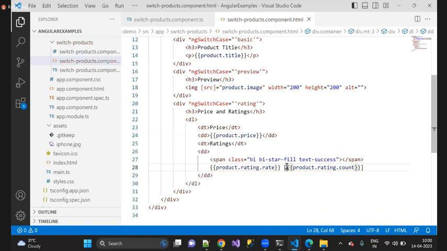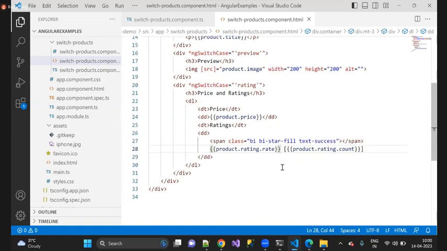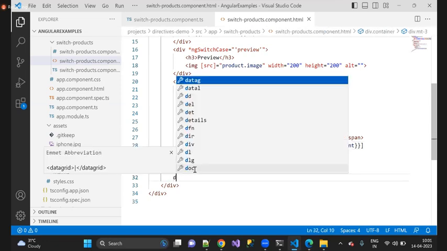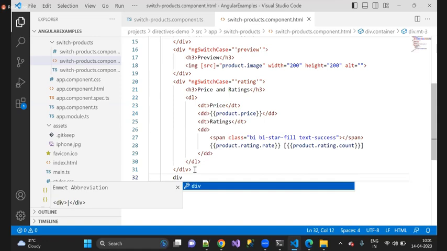I'm just using this for display purpose. Nothing is there here, I'm just using it for display purpose. And the last one is going to be, what would be the last one here? What is the last one here? I'll take a div, and for this one,